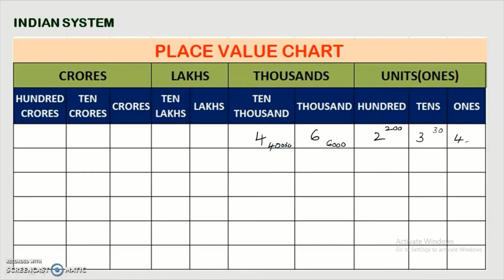As we have just mentioned earlier, under this 1000 we have two columns. So while writing a number we have to take the sum of those two columns. See here it is 40,000 and this is 6,000. So 40 plus 6 gives us 46,234. Similarly, if we take another number under lakhs,